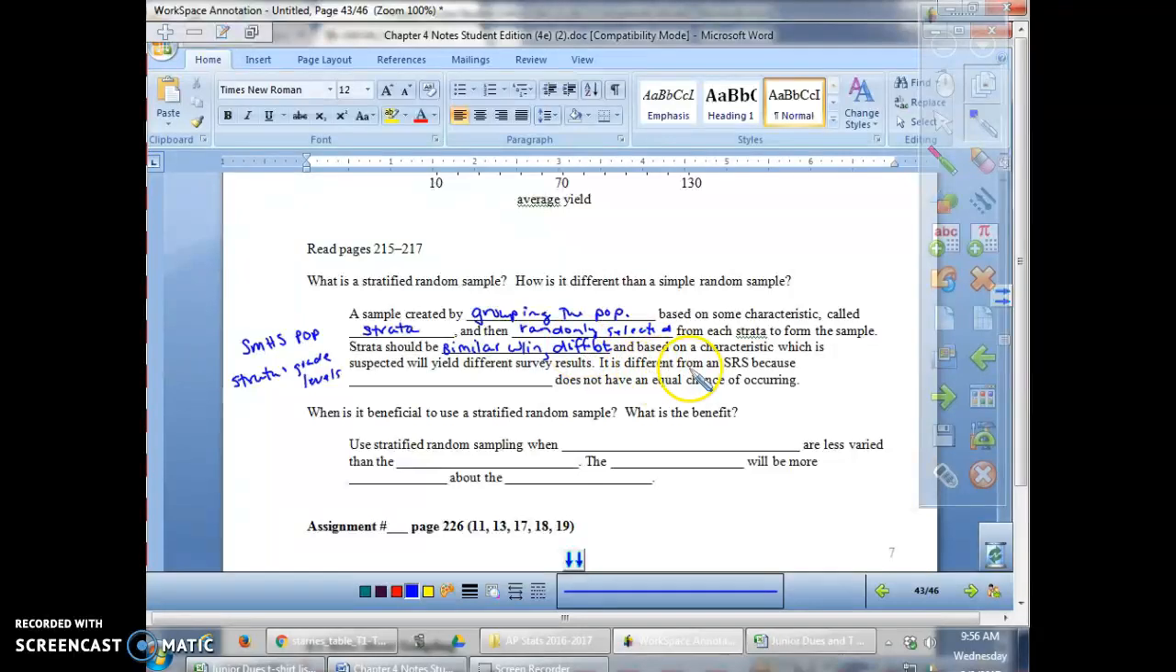It is different from an SRS because every sample of size n does not have the same likelihood of occurring. You use stratified sampling when the strata are more similar, or I'm sorry, less varied